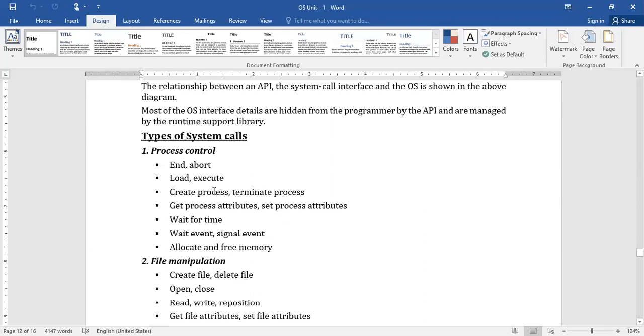So in this scenario, what is the role of the system call? In order to create a process, where it will be created, for this we need to assign a process ID and all. Okay, these all things again need the services of memory management. So if you require any one of the operating system services, you need to have the system call. So these all specify what kind of operations we can do with the process. So that is the reason we call them system calls, so that we get the services of the operating system itself.